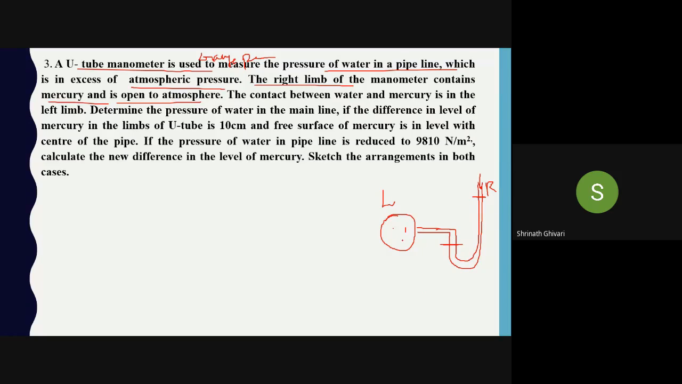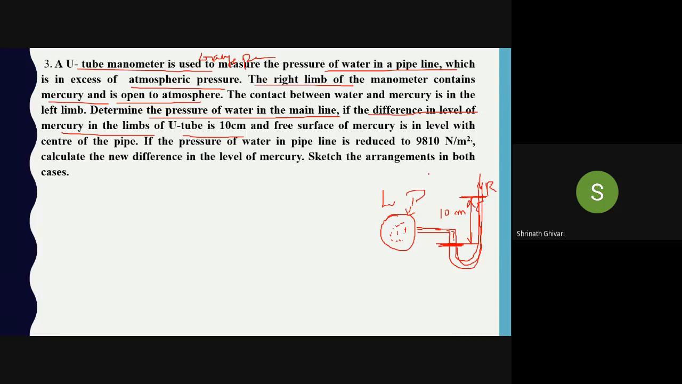So we have to find the pressure of water which is flowing through this pipe, and it is passed over here, and there is an interface between mercury and water over here. Determine the pressure of water in the main line, if the difference in the level of mercury in the limbs of the U-tube is 10 centimeter. Mercury is up to this point in the right limb, and in the left limb it is here. So what is the difference between the two levels? It is 10